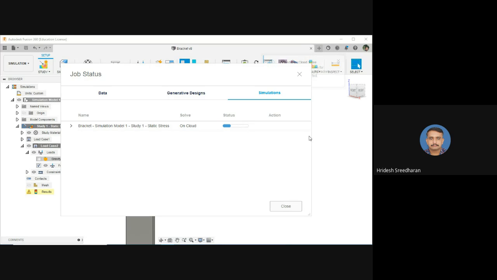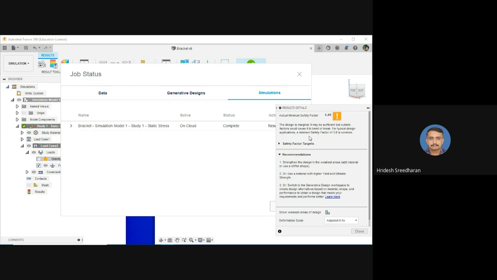So we have made just a single change, reducing the load by 625 newtons. Let us see, and we'll compare the results of the two simulations together. Then we'll export this to ANSYS, simulate it in ANSYS and check whether the values match our values in Fusion 360 or not. Maybe it will take 1 minute more. Okay, so there has been a little difference in factor of safety now.